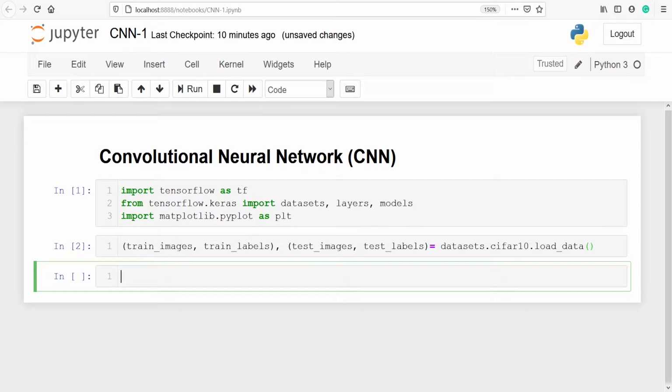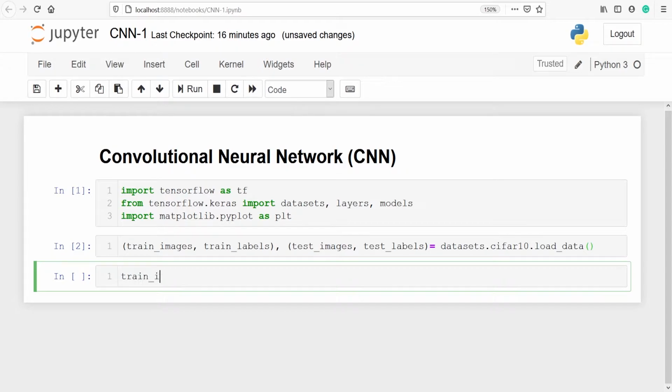If you are loading the dataset for the first time, this will take some time. I have already loaded this earlier, that's why it ran in a few seconds. But if you are running this for the first time, it will take 5 to 7 minutes to download the complete data. Let's normalize the pixel values to be between 0 and 1, because CNN takes values between 0 and 1 only, and in our train and test images the numbers are beyond 0 and 1, so we are going to normalize them.